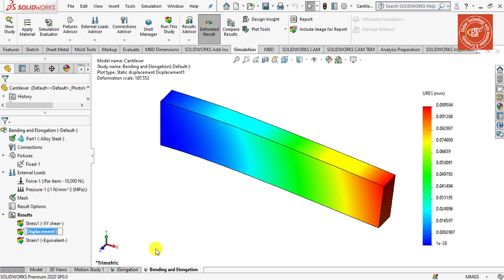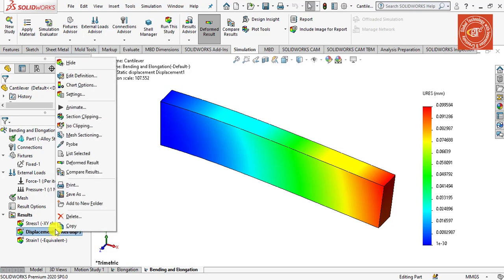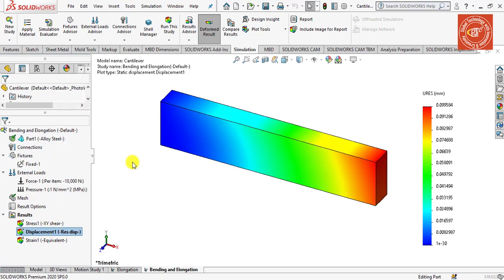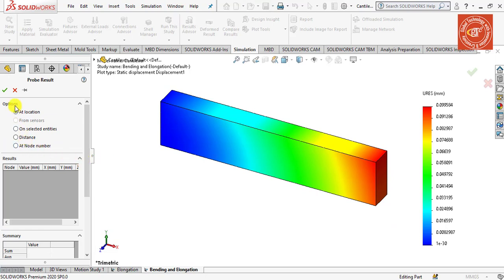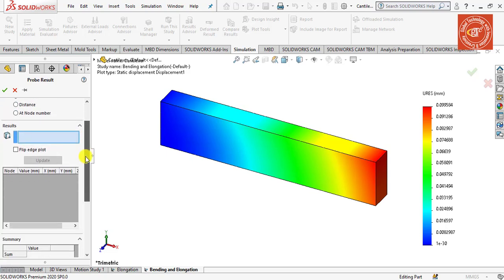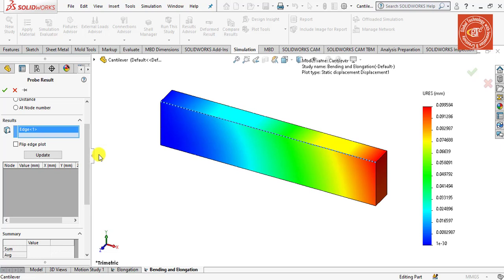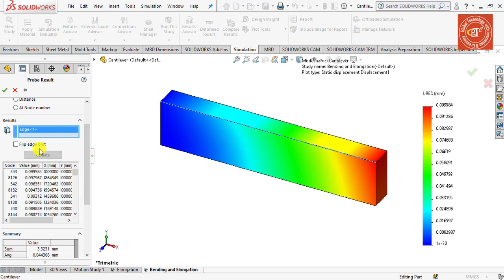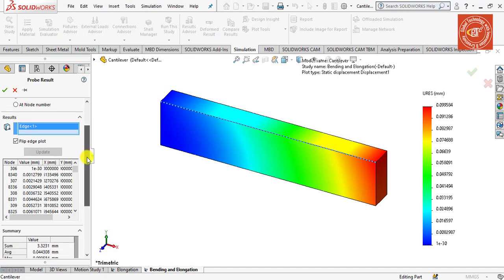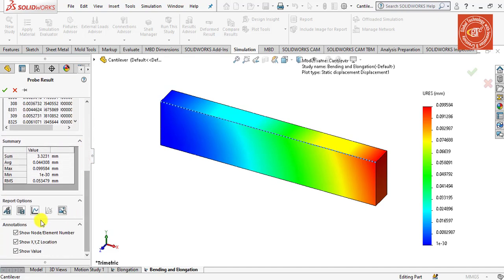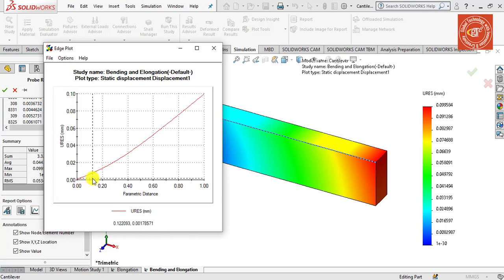Okay, now again repeat the same steps as you did before. Simply move to the displacement 1, right click on it and click probe, and after clicking the probe, move to the options group and select or check the on selected entity, and first select this edge, then click the update result and then flip edge plot, and finally click the plot, and here you see